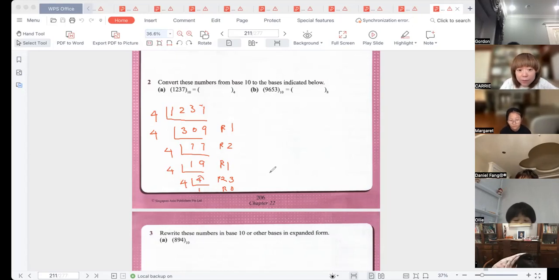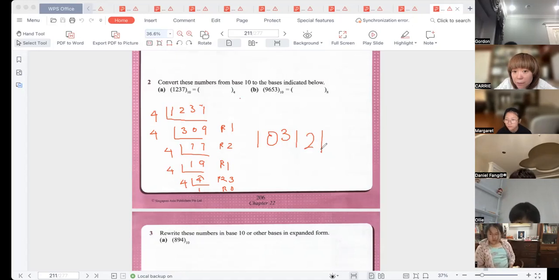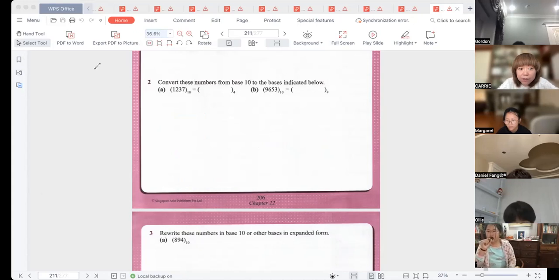So the answer is 1, 0, 3, 1, 2, 1. Get it? Base 4的数字绝对没有 base 1的，OK？没有这个数字的啊。